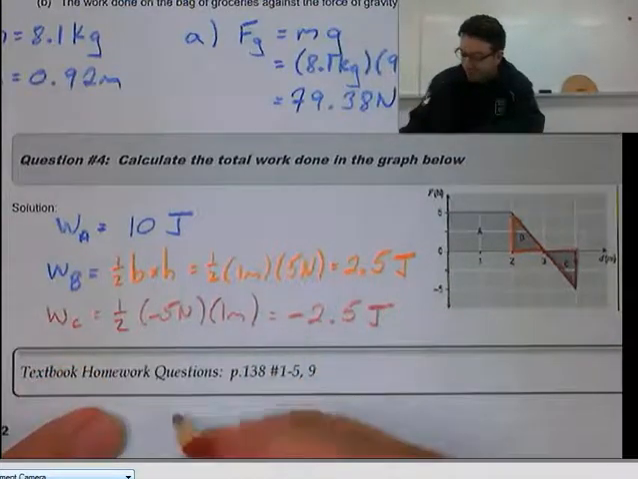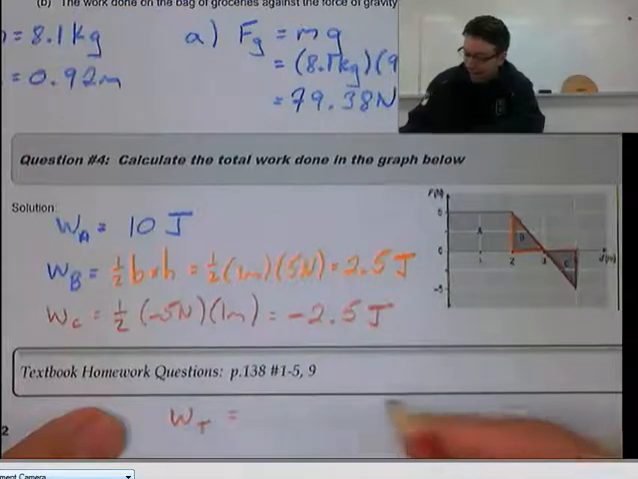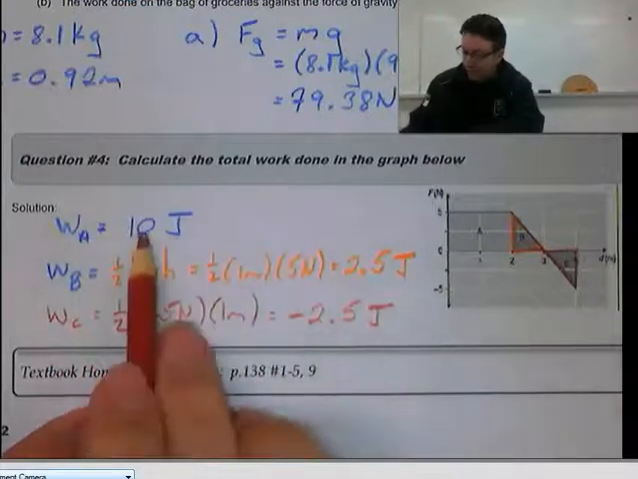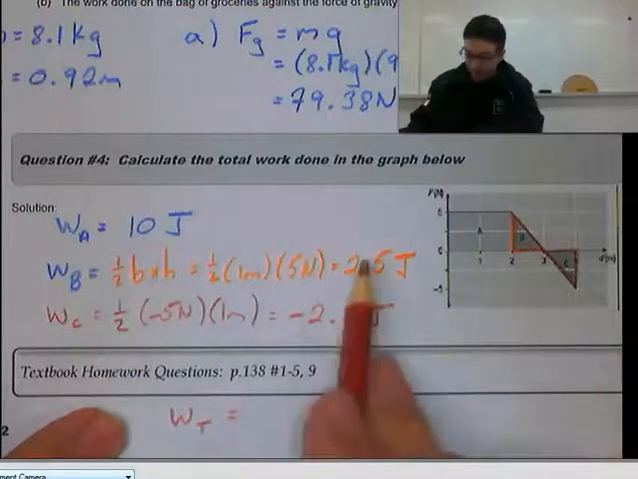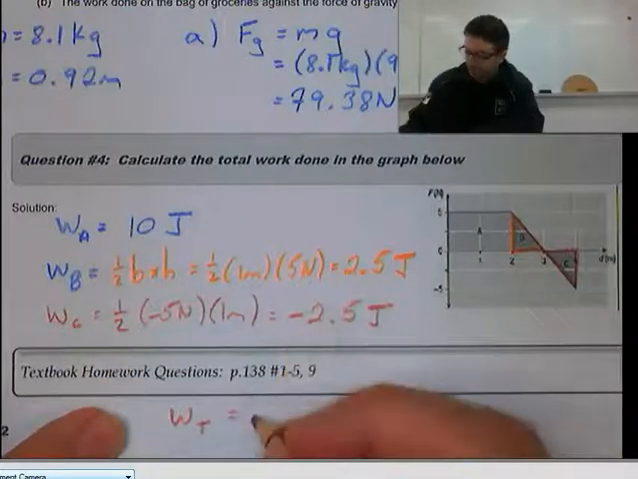Now to calculate the total work, we would just add all the work together. So 10 plus 2.5 minus 2.5 just gives us